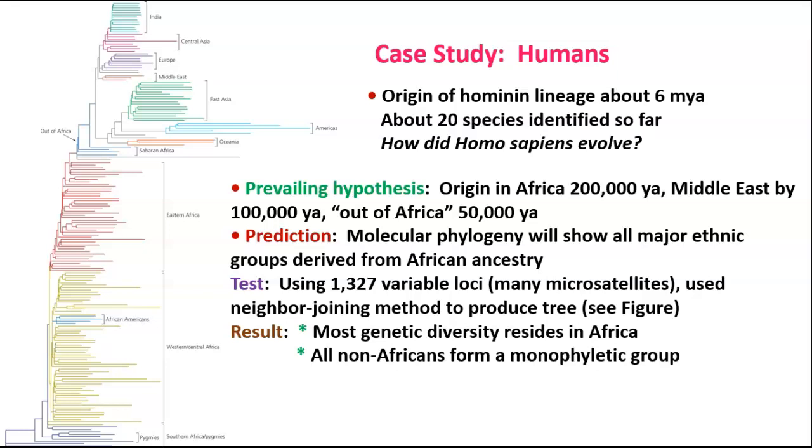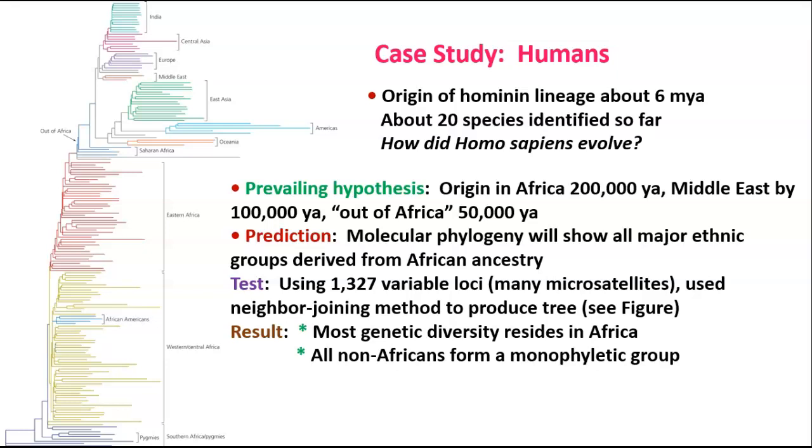So a prediction of this hypothesis is that the molecular phylogeny will show all of our major ethnic groups as being derived from African ancestry. If indeed the out of Africa hypothesis is correct, that humans, Homo sapiens, originated in Africa and then spread out from there, then our molecular phylogeny should reflect that. So